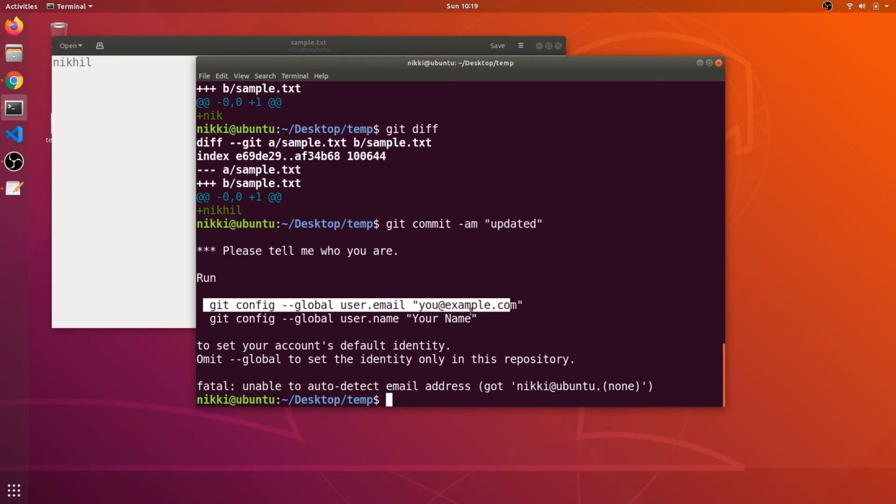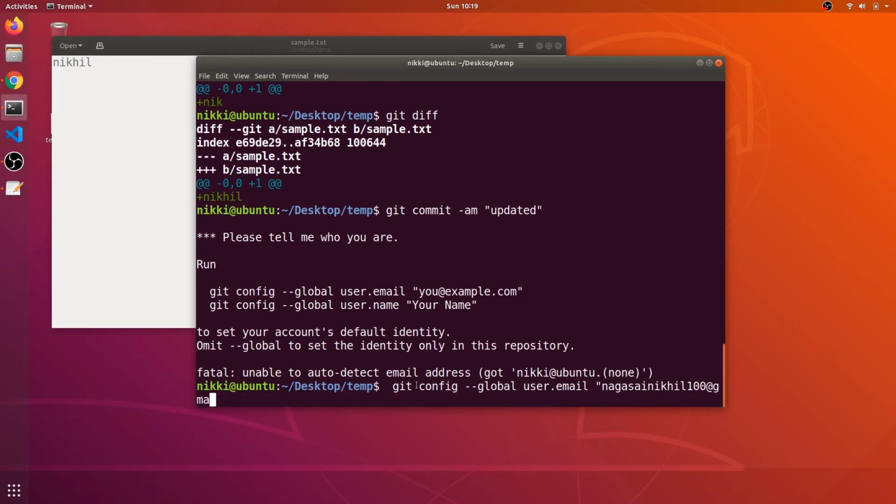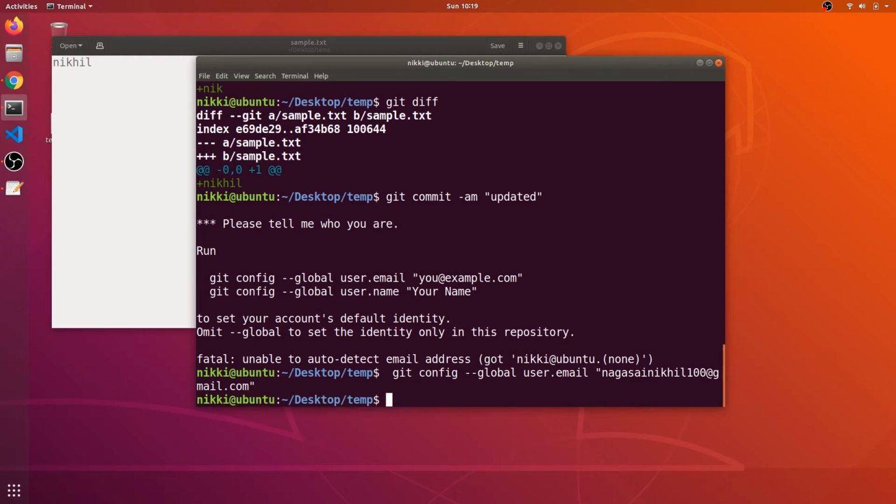Let me copy this. I'm sorry, I thought that it's a local variable. So let me set the username.